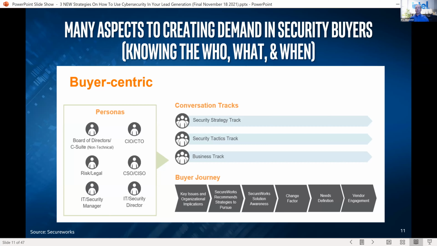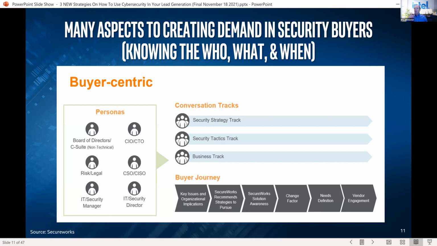Now, part of it you have to understand, it's like, what should we be actually going and talking about, right? And that's what we talk about, kind of the journey the buyer's on, right? And also there's different tracks that these people are going through. Sometimes you look at those different personas and they may say, there's a strategy we have to put in place. We need to have a partner, right, that can actually deliver on that strategy, develop that strategy. There are certain tactics. We got to make sure we're backed up. That's another set of, okay, what do we need to talk about? There's also a part there around, what is the business track that we're on? Are we growing? Is it flat? Like, where are we actually at?